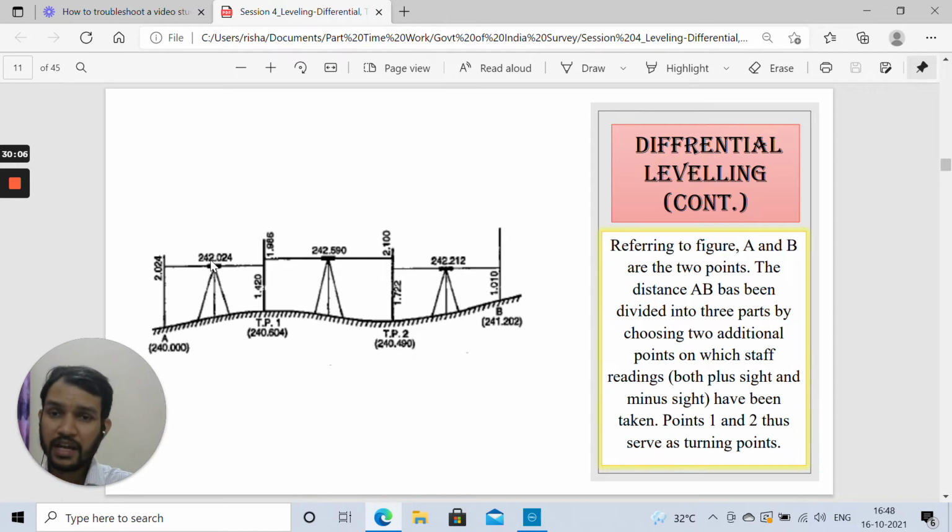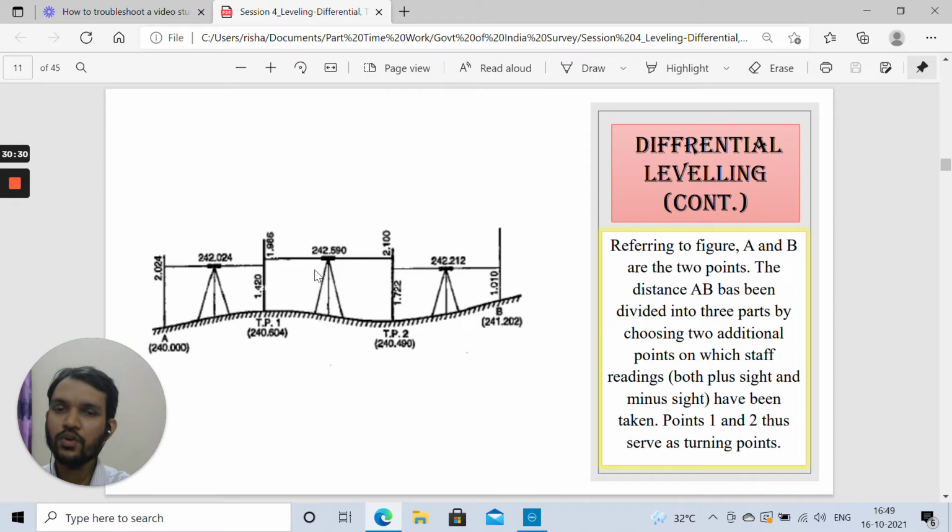Now if from this station you can directly sight this station TP2, then well and good. Suppose this distance is very high. What we need to do, because this activity will have to be conducted for a long ground surface, is remove your instrument from here and set it up anywhere in between. This point is not fixed and it is not necessary that it should be exactly in between, it can be anywhere. You just place it.